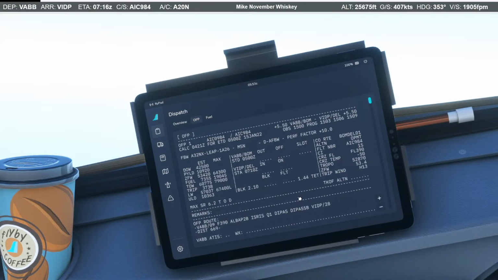Oh, and we'll probably be guided to another runway. Oh wait, 28 and 29. Oh no, never mind. We're good.